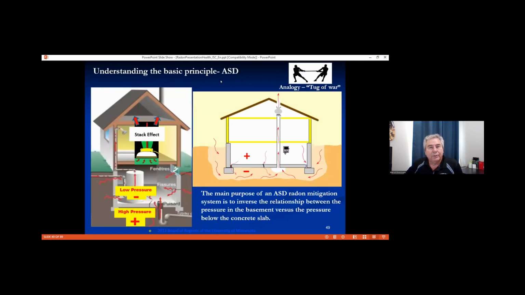On the left here, okay, we see our stack effect, our vacuum cleaner here, that's creating a suction in the lowest level of our home. Now, whenever we use the term suction, whenever we use the term negative pressure, what we mean is that we're doing a comparison with pressures from two zones. And the lower pressure out of two zones is what we call the suction side pressure or the negative pressure side.